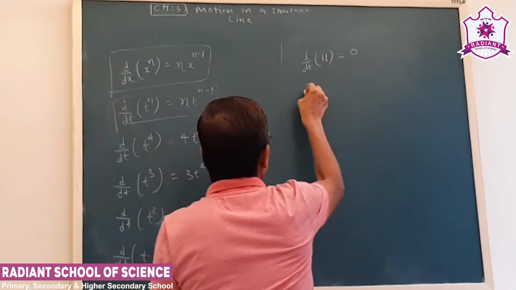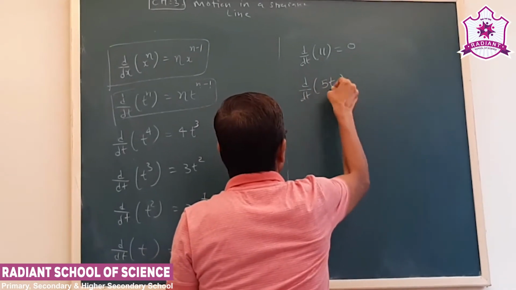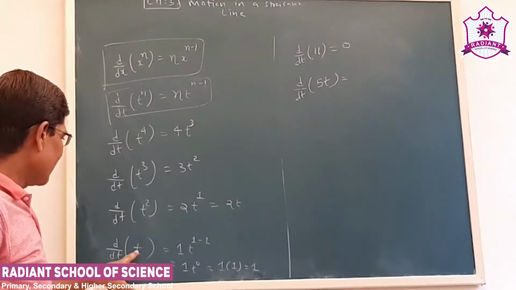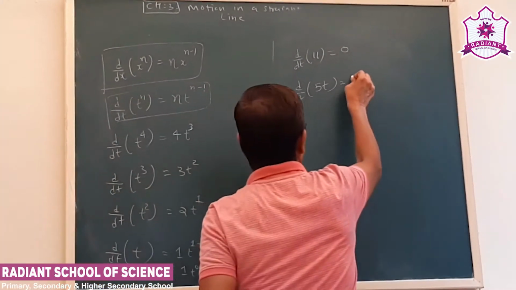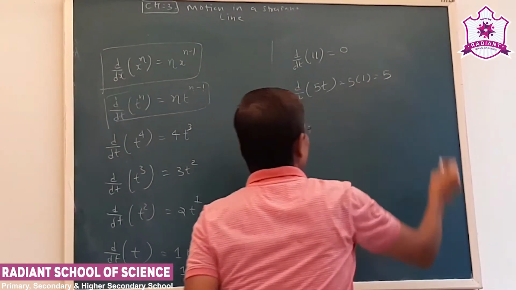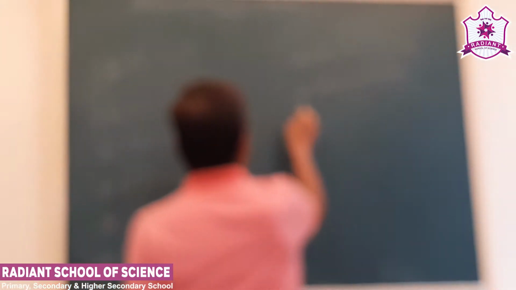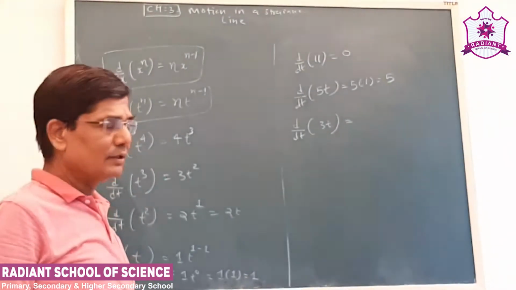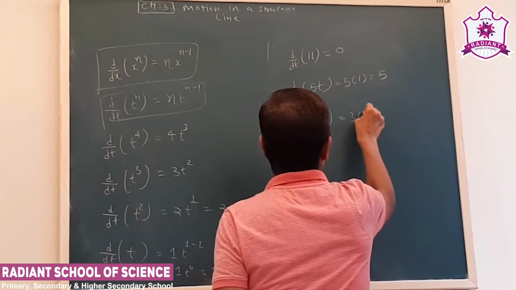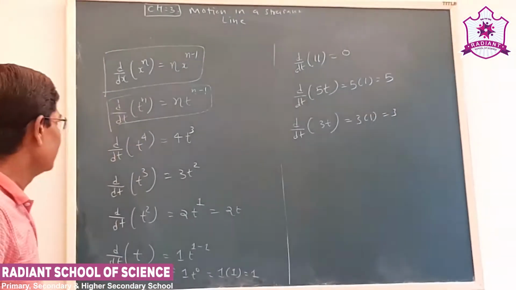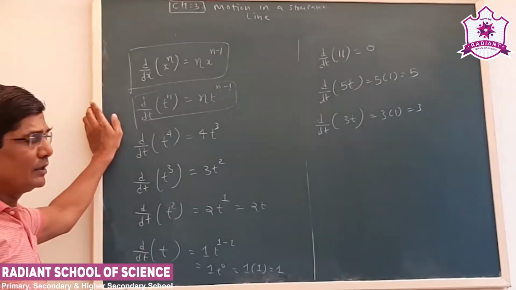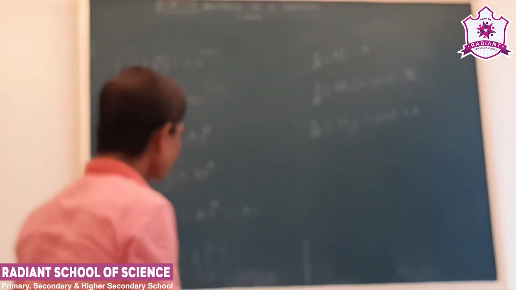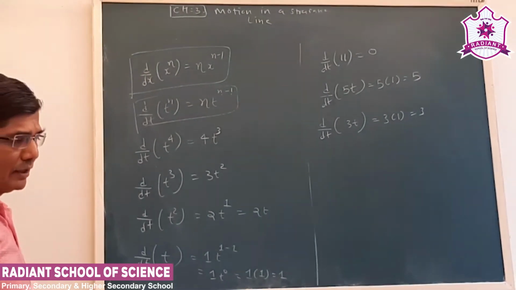Now what if we have to take the differentiation of 5t? See here, 5 is a multiplier of t. Just now we have seen the derivative of t is 1. So 5 is a constant term, the derivative of t is 1, so the differentiation of 5t is 5. Similarly, here also 3 is a constant, the derivative of t is 1, so 3 into 1. Now these are the basics of the derivative that will be helpful to us in taking differentiation. Next we have to use this differentiation in our equation.